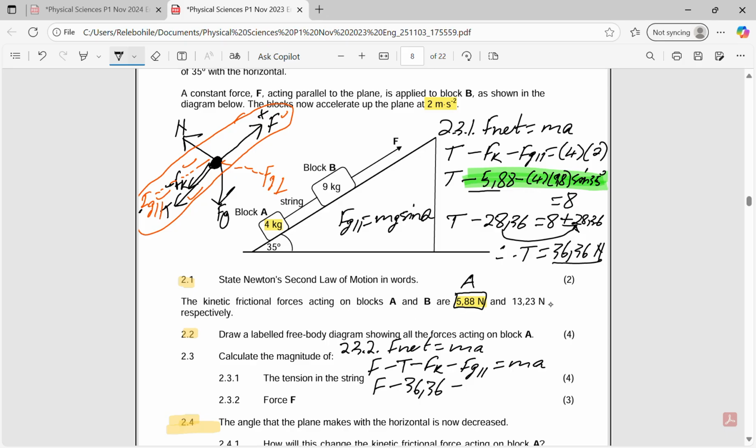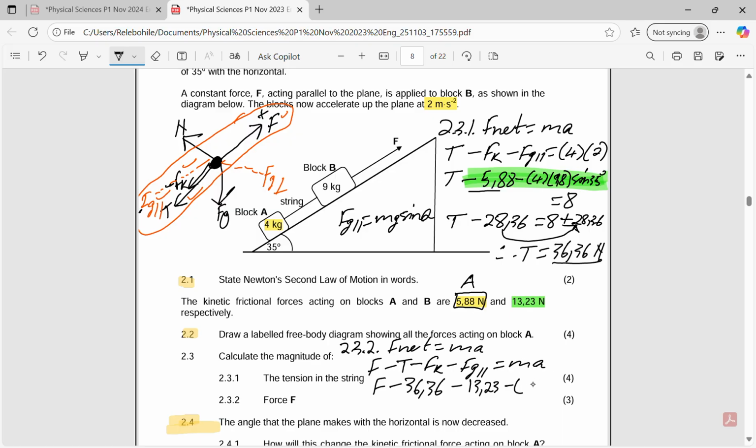Of 5,88 and 13,23. So the kinetic friction for block B is this one here. Okay, let me highlight it. The kinetic friction for block B is the one that I've highlighted in green. Okay, so that means here I'm gonna put 13,23 minus this one, guys, remember, is equal to that, and that means I'm just gonna substitute here my mass,